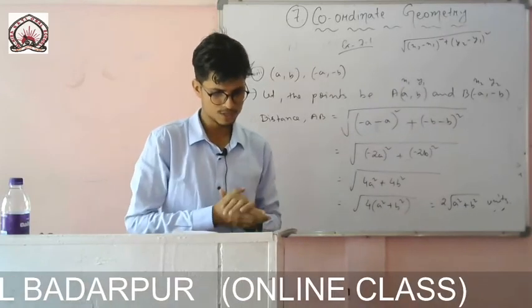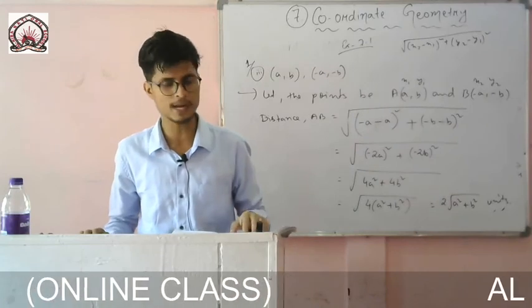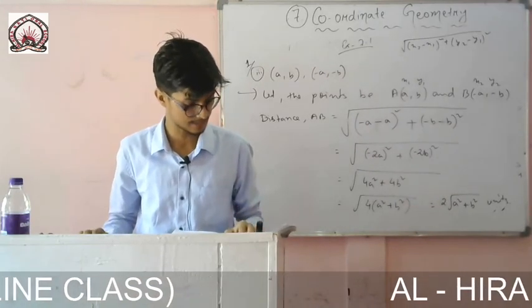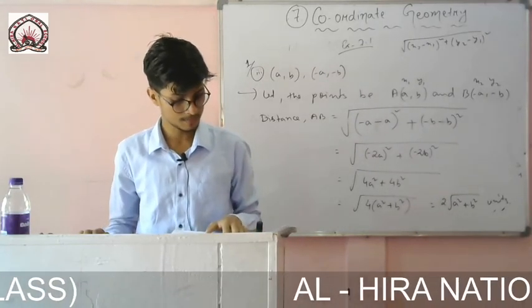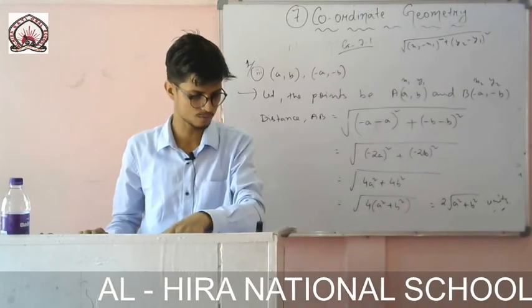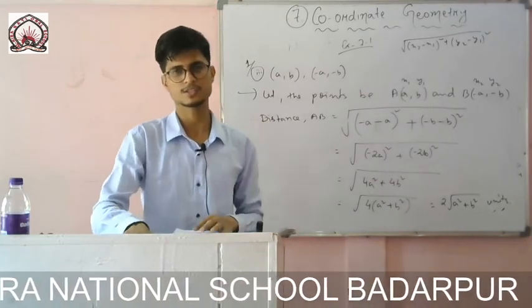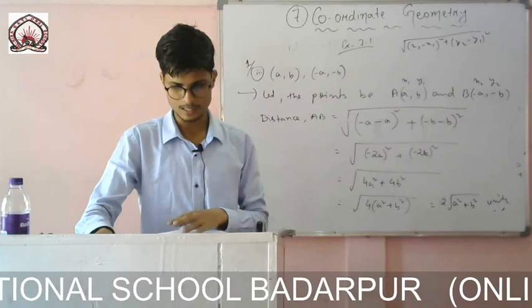So next, you see question number 2. Find the distance between the points. So again 2 points are given and you have to find the distance. Another part is given: can you now find the distance between the 2 towns A and B? If these two are 2 towns, then what will be the distance? It will be the same. Whatever answer you get at first will be the same. Okay, let us do it.